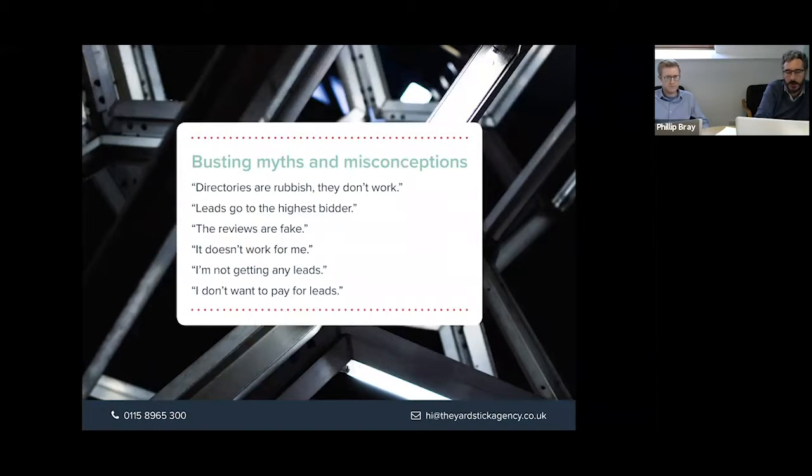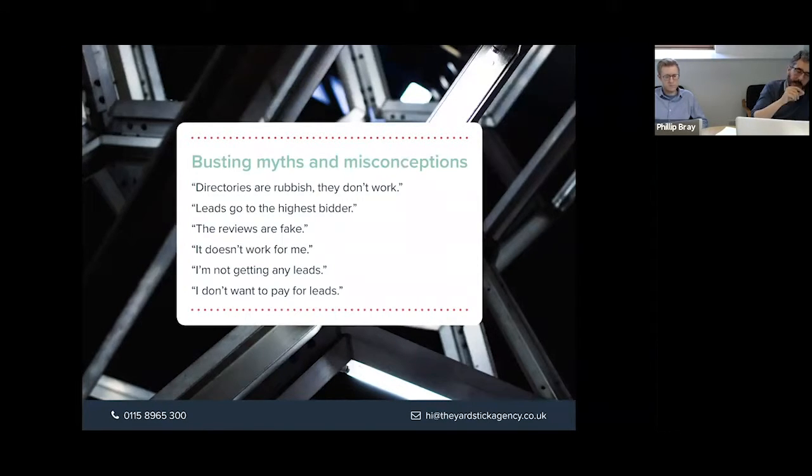I often hear people say, well, I don't want to pay for leads, which is really interesting. Unbiased changed their charging model a few years ago. And there may be some people on this call who are still on the old model, who just pay a monthly subscription and don't pay for the inquiries, or at least the direct inquiries. But Unbiased changed that charging structure. I know a few people who object to paying for leads, but at the end of the day, it's just the cost of acquisition of a new client. If you don't pay for an inquiry from Unbiased or VouchedFor, you've got to spend money on marketing elsewhere.